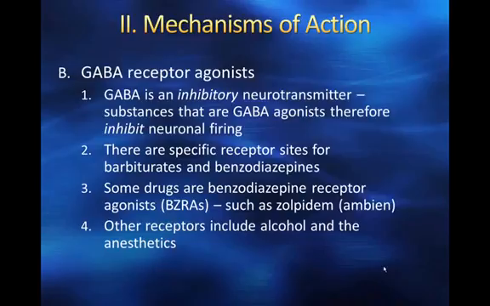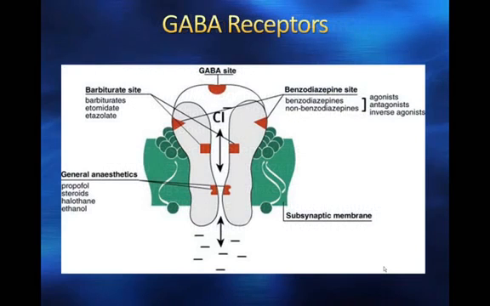Importantly, there are specific receptor sites for both barbiturates and benzodiazepines on the GABA receptor. Some drugs are benzodiazepine receptor agonists, which we're going to talk about, which are things like zolpidem, which is Ambien. Other nearby receptors include alcohol and the anesthetics that we're going to talk about. So let's take a look at what a GABA receptor looks like structurally and some of the drugs that are